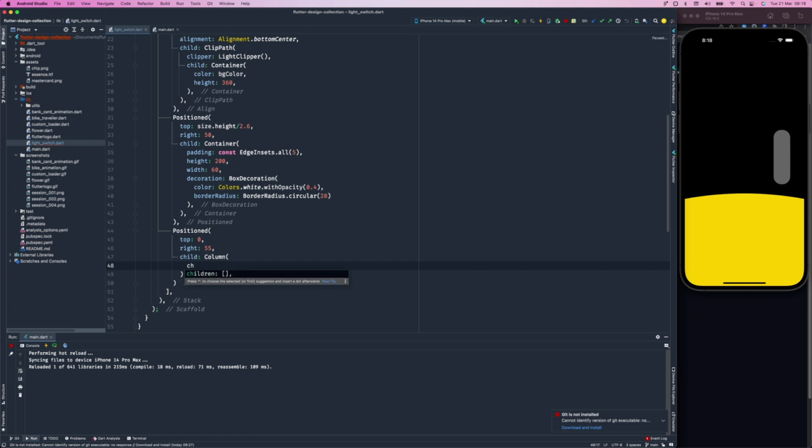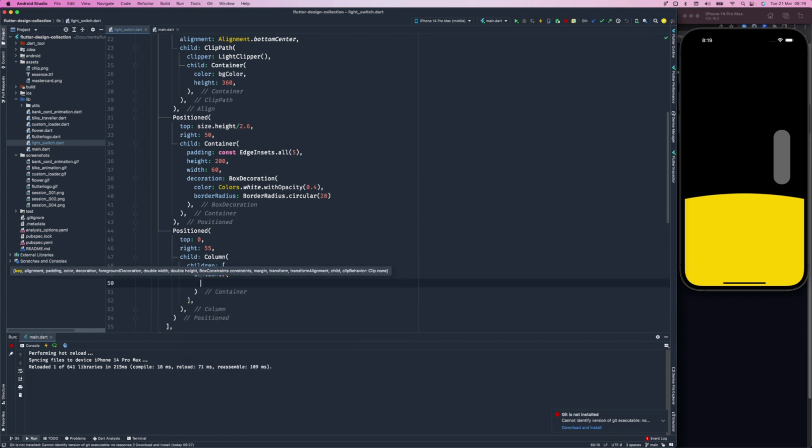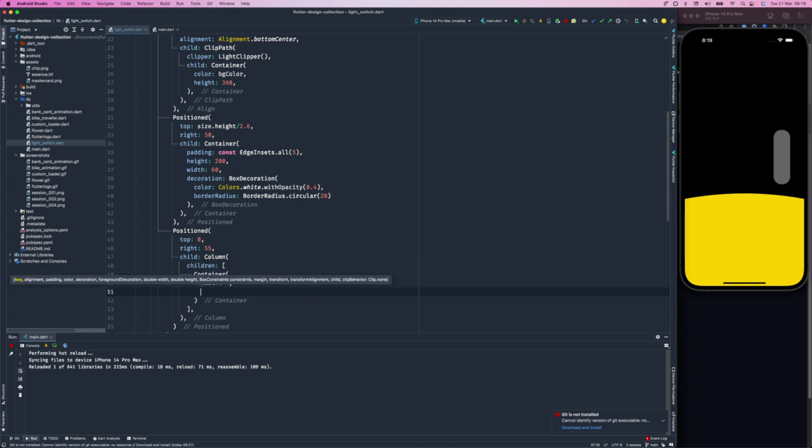So children, okay. Here let's just use a container. The container will have a width of 4, for example, and